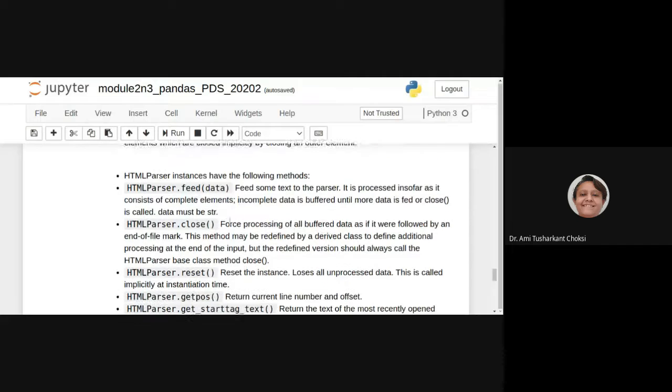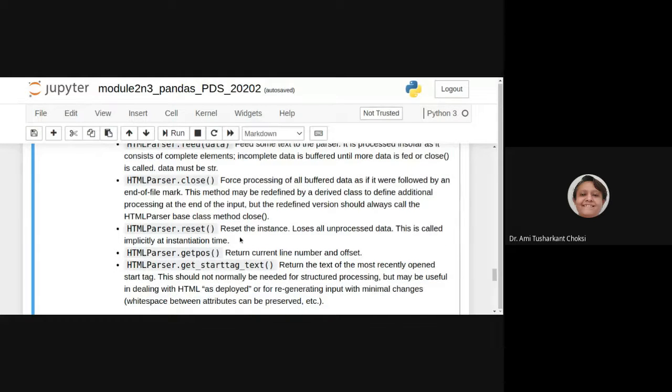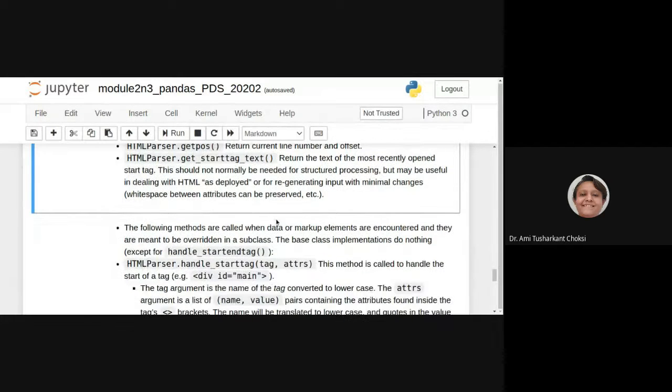So what we are having? We are having the methods like feed, then close, then reset, then get position, then after we can say get start tag text, right?